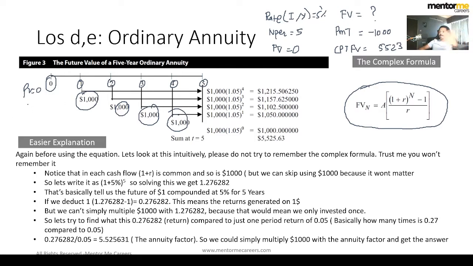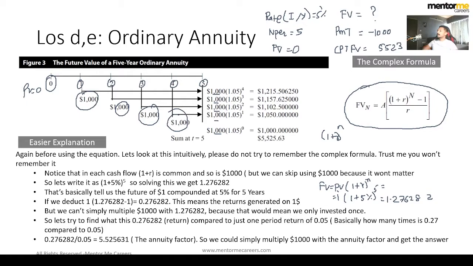Now the technique, you can either skip this part, or you're free to read through this. Simply put, what we're trying to do is remember the future value formula, in which we are saying PV into 1 plus R raised to n. Now forget about all these equations and just try to do this calculation yourself. If PV is 1 and 1 plus 5% raised to how many years do we have? We have about 5 years. So if I solve 1 plus 5% raised to 5, all I get is